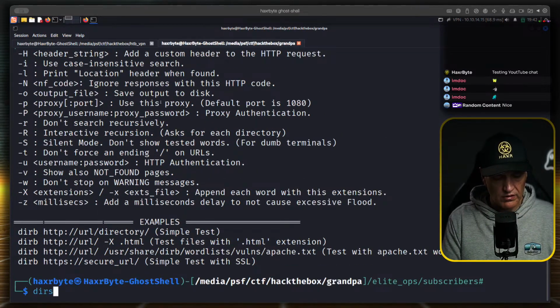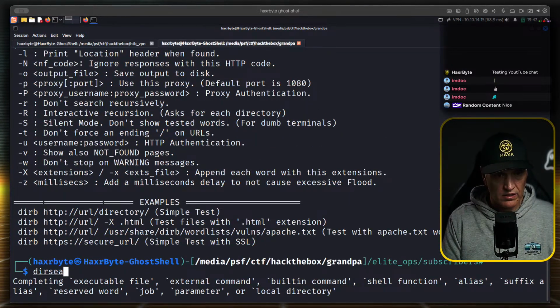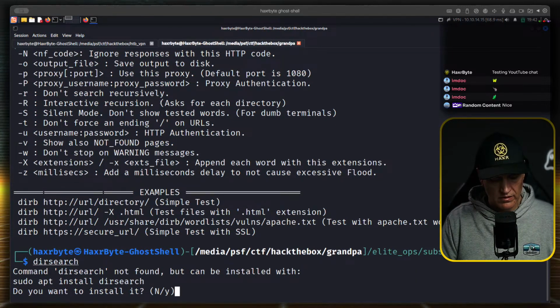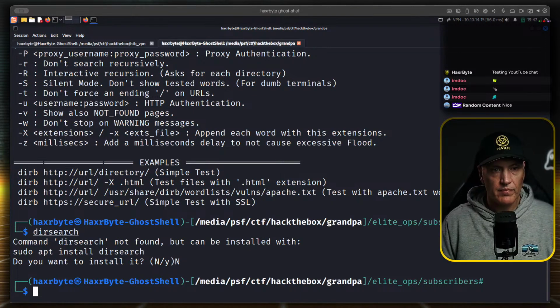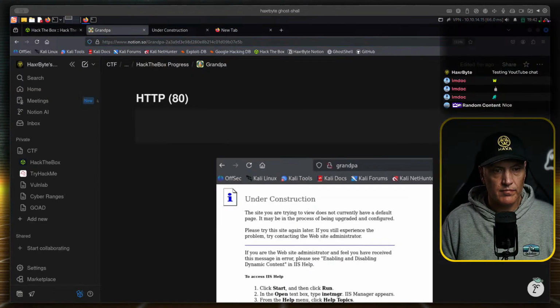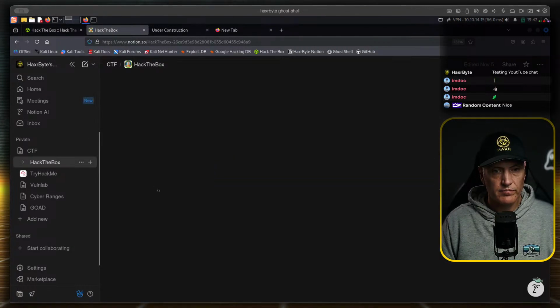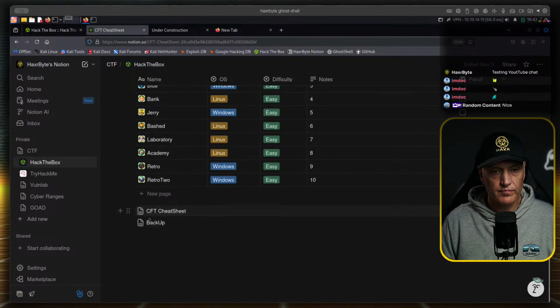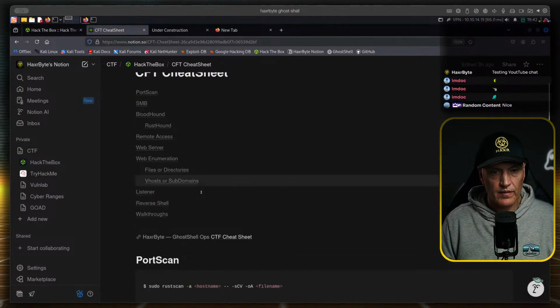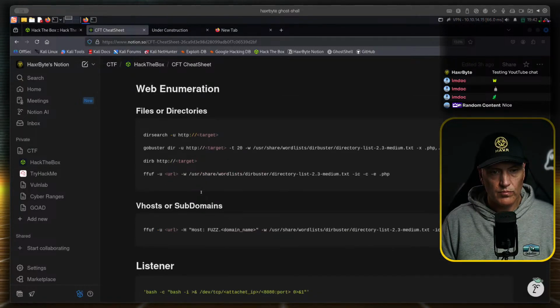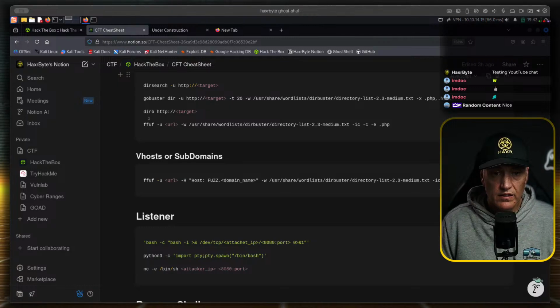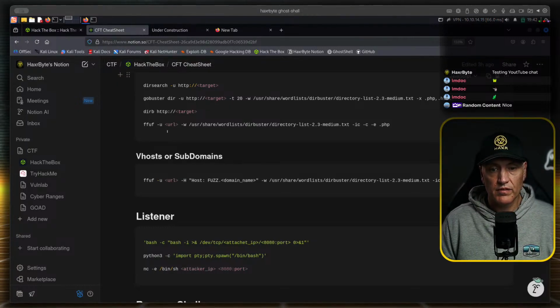You get Dirsearch, which is the classic one, but it's not installed. Let me look at my notes. Okay: Dirb, GoBuster, and ffuf. Now ffuf is very popular because that's the one you also use to do vhost.